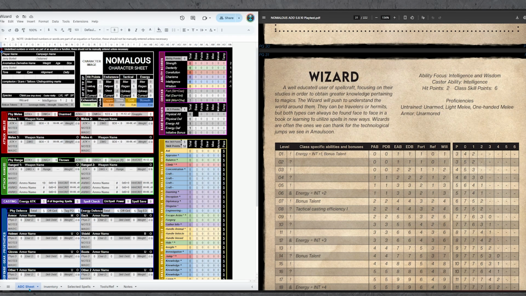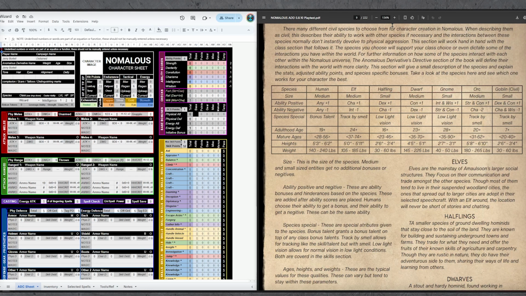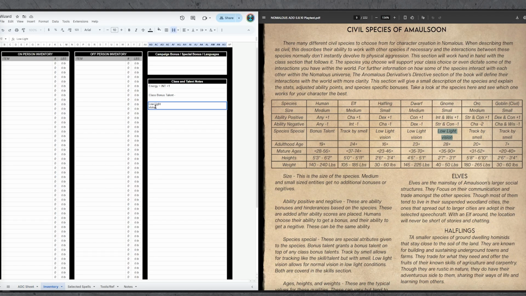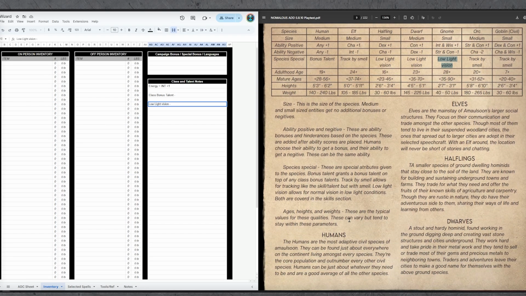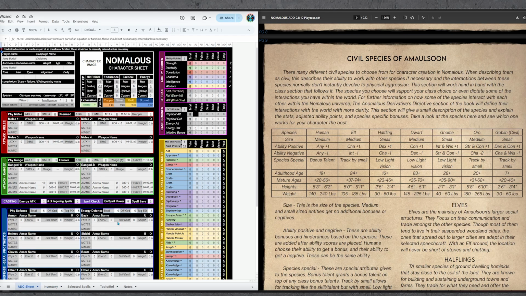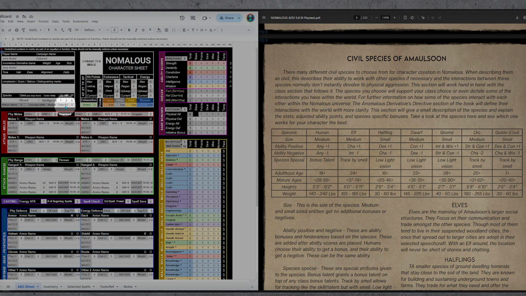We're going to go ahead and look at what we want to select as our species. I think we'll go as gnome. Since we're gnome, we'll get low light vision. So we got low light vision, and low light vision is explained there for us. We'll go ahead and put a page number here, just in case we need to look back at it again. Speaking of page numbers, we are going to go back here and put in